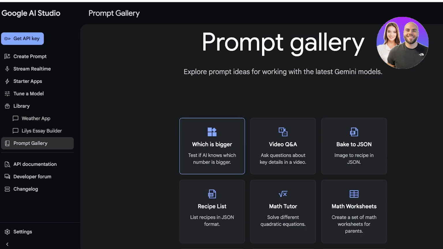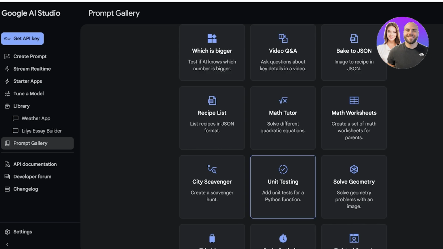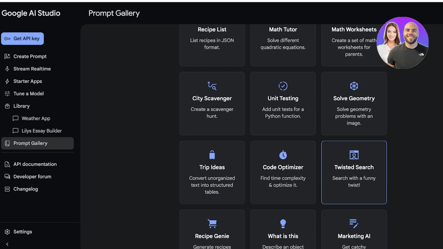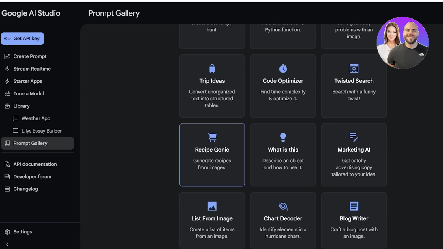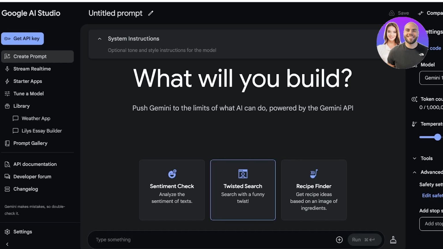So in our prompt gallery, we can see we have things like which is bigger, video Q&A, image to JSON, math worksheets, math tutor, recipe list, city scavenger, unit testing, solve geometry, trip ideas, code optimizer, twisted search, recipe genie, and more. Now, if I click on create prompt, I can proceed with what type of AI tool I'm looking